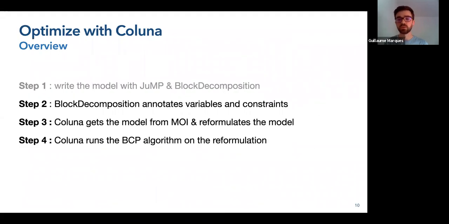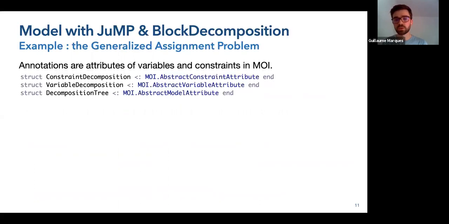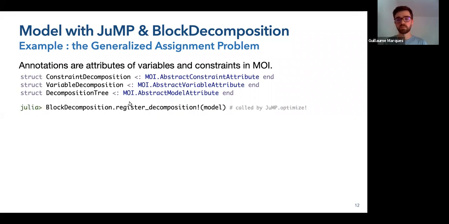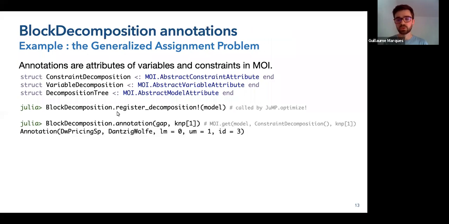Okay, so the user wrote the model with JuMP and block decomposition. Now he calls optimize, and block decomposition will do the annotation of the variables and the constraints. In fact, these are attributes of the variables and the constraints. So when optimize calls this method in block decomposition, just after you will have an annotation for each variable and